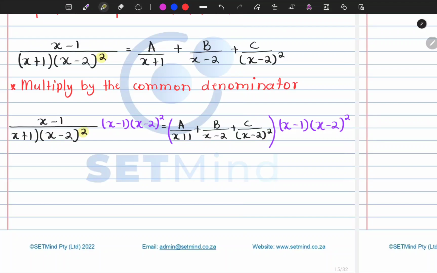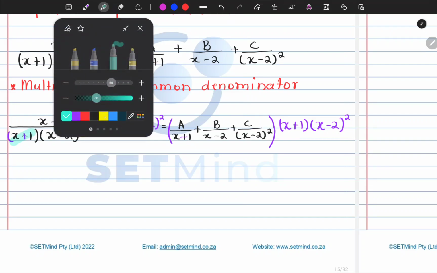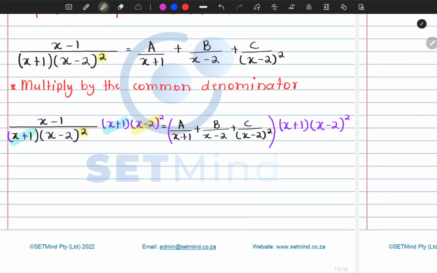Okay, so let's multiply by the common denominator. If you multiply by the common denominator, you should be able to see that it's x minus 1. No, it's x plus 1. So x plus, that is a plus. I'm not sure why that got removed. But x plus 1 and x plus 1 will cancel, and also x minus 2 all squared and x minus 2 all squared will cancel. So our left-hand side